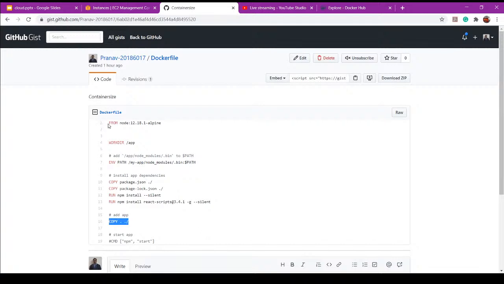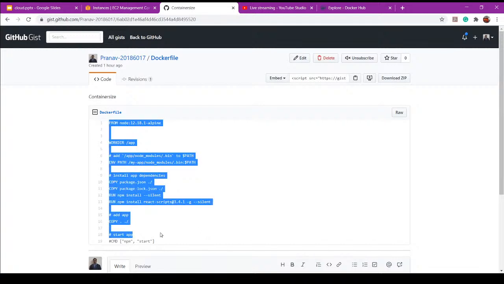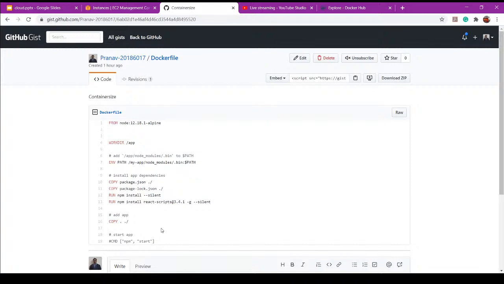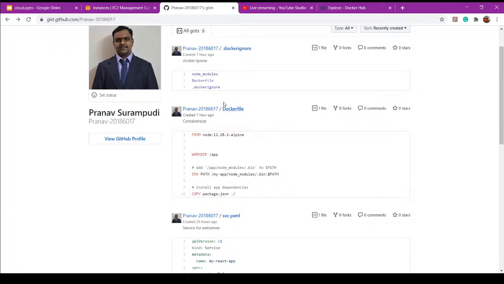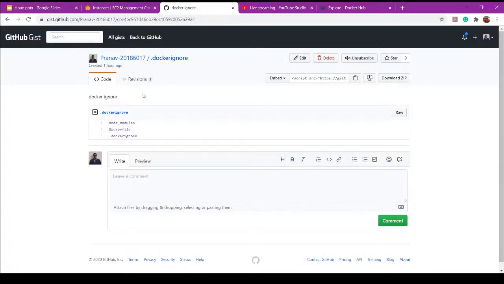Once you see how small it is, with just these many lines of code, you can containerize your application. That's it. And there is a .gitignore file as well. So you can write a .gitignore file to ignore these particular files